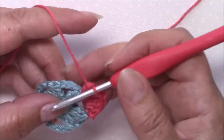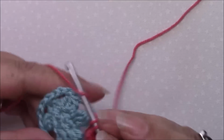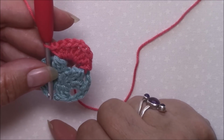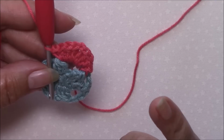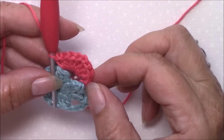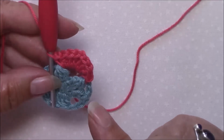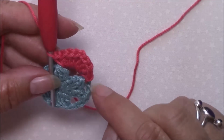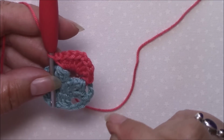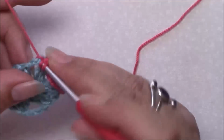Okay, and then front post single around the cluster. Okay, and that is our repeat. You're going to do that 6 times, but on the final repeat, because you've already made that front post single, you omit that single. Okay, so go all the way round. I'm going to join up with you once I've finished this last shell to show you the invisible join around a normal stitch. Okay, so just once more,